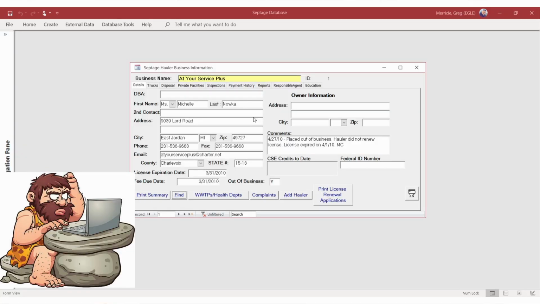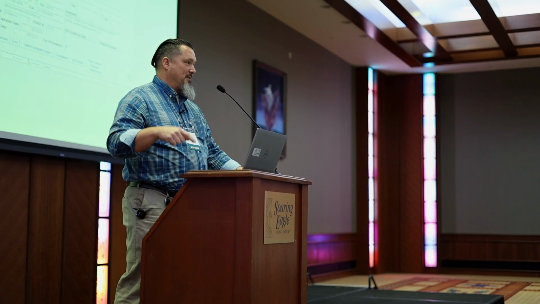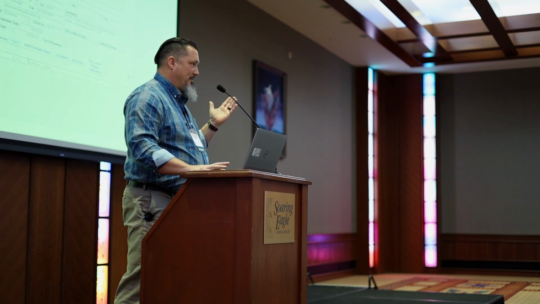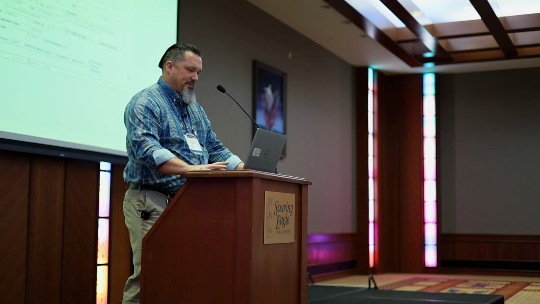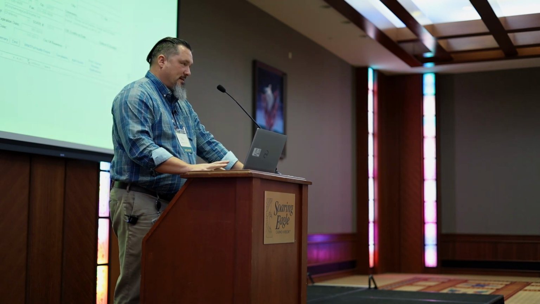So again, this is what it looked like, and I don't know if you can see it very well. There are those tabs at the top. You could get to different things. At the bottom, there are arrows. You could go literally from the first license hauler to the second license hauler to the third license hauler. And it included everybody that was current, active, or inactive. Anybody that's ever had a license. So this first entry is inactive. They didn't have a license.